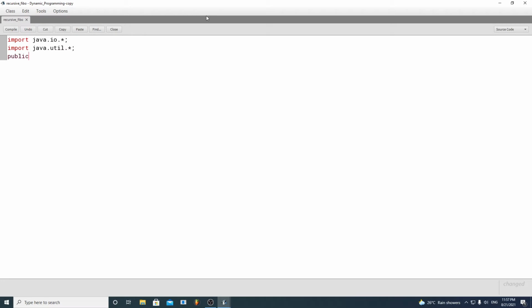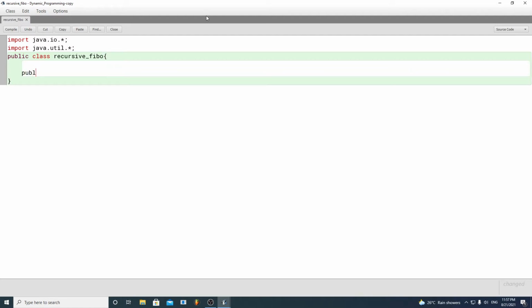So now I'm going to define the class that I've created, public class, and I'll give the name that I've already given, that is RecursiveFibonacci,